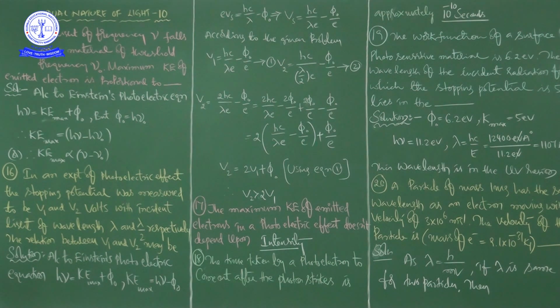The value of negative potential of the collector plate at which no photoelectrons reach the collector plate, so the photocurrent is 0, is called the stopping potential. So whenever we get the term stopping potential, threshold frequency, threshold wavelength, photoelectric effect, or photocurrent,